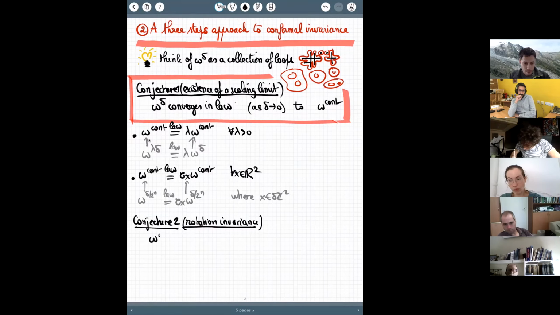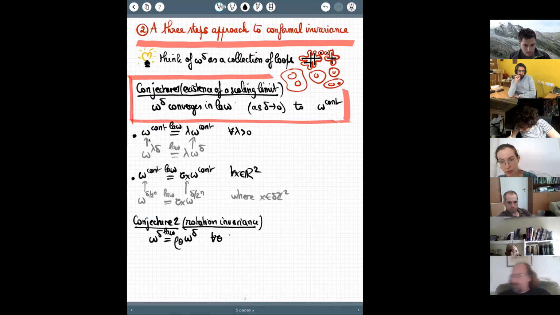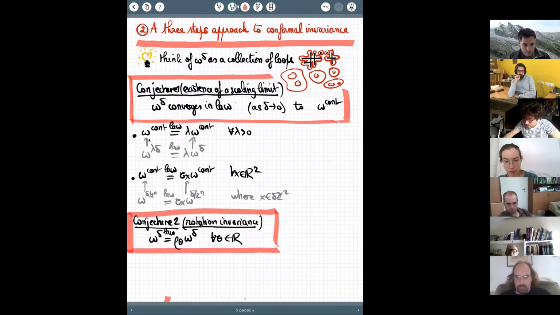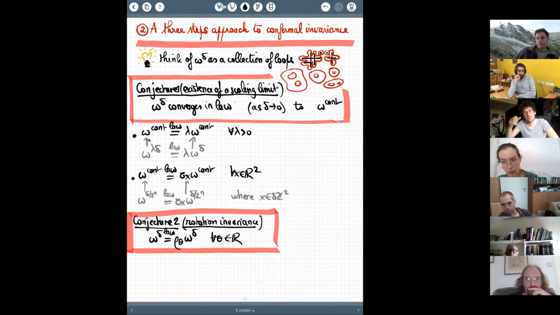So omega delta has the same law as rho theta omega delta for any theta in R. Obviously, I would have told you that only for theta in pi over 2 Z it would not have been a very deep theorem, but I'm telling you that this is true for any rotation. Okay? And that is a conjecture that you can really call a conjecture, in the sense that it's a non-trivial prediction. Okay? And let me tell you briefly, extremely briefly, why physicists expect this, because it's a very nice argument,